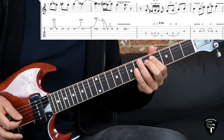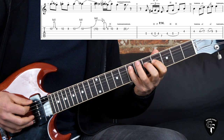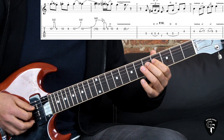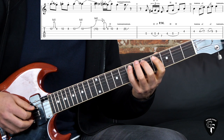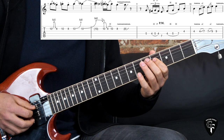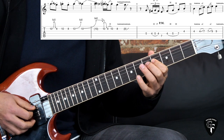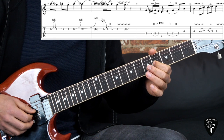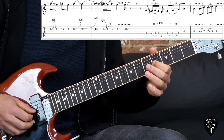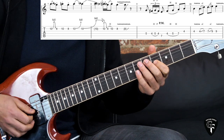So like I said, it starts off on the off beat, so we have 1 and again you have 5th fret, then hammer on pull off on the D string 4, 5, 4, going to the A string 7th fret, and then we have in 8th notes, so it's 4, 5, 7, then we go to the G string 4, 2 notes here, the second one you add vibrato, you stay for a quarter note, then we have